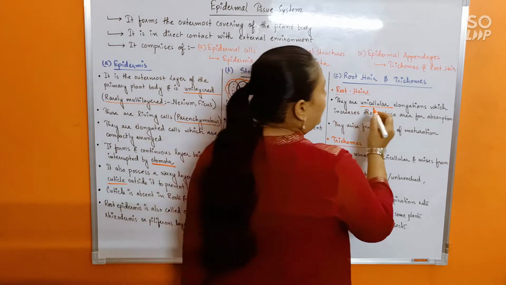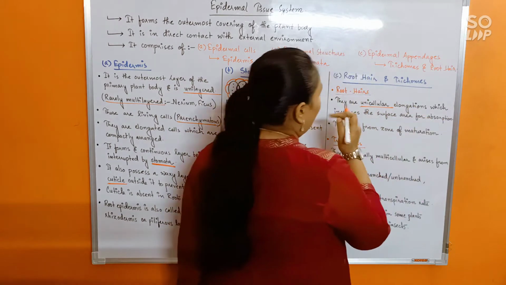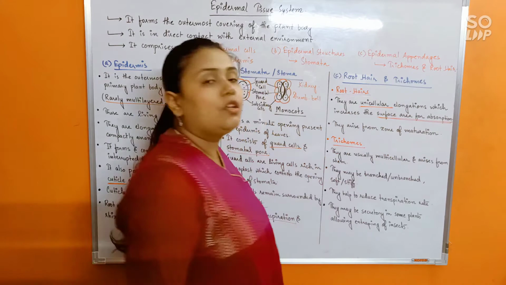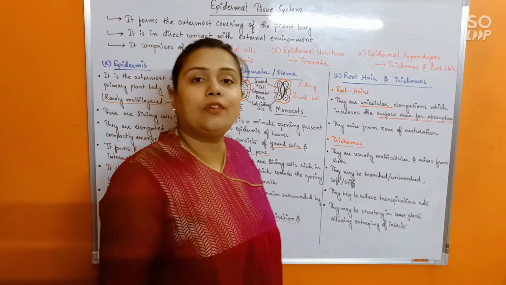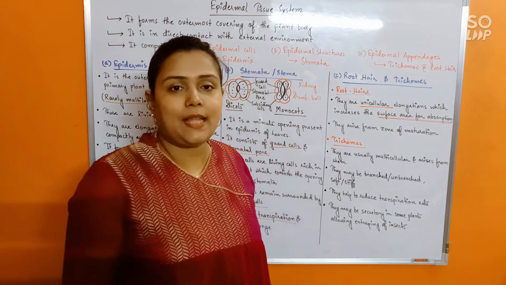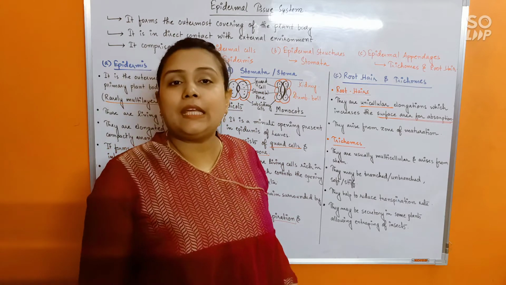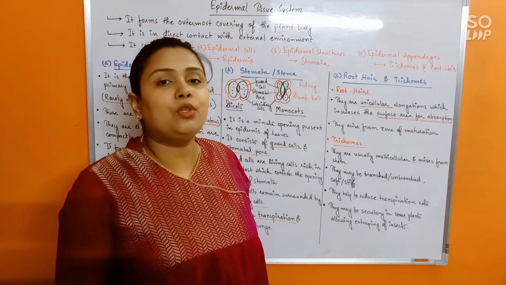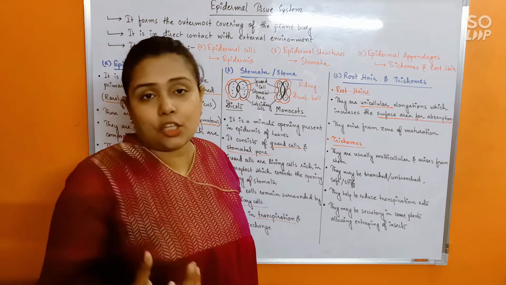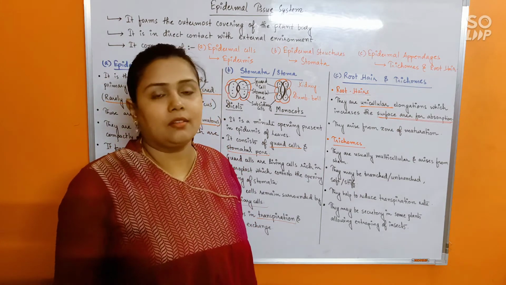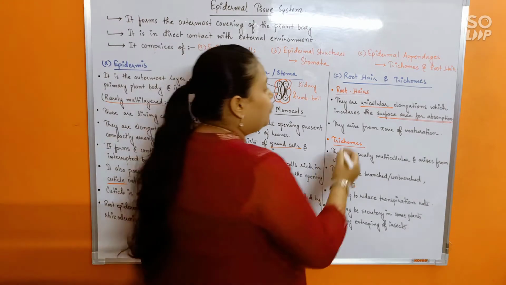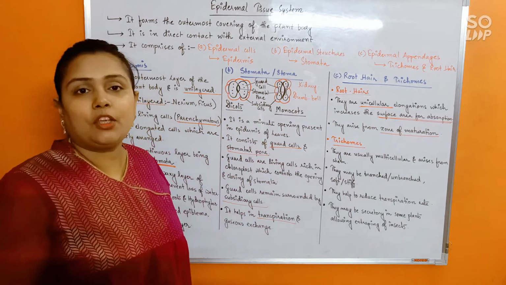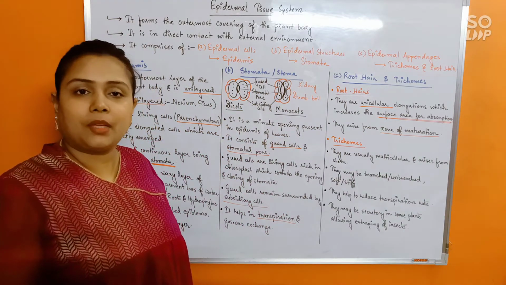That's how you differentiate. So that's a very important point. They are unicellular elongations which increase the surface area for absorption in roots. So the major function of the root hair, which you have learned already in the morphology chapter, is that it increases the surface area for absorption in roots. That's why it allows roots to efficiently absorb water and minerals. And they arise mainly from the zone of maturation. This is something you have already learned in the morphology chapter, isn't it?